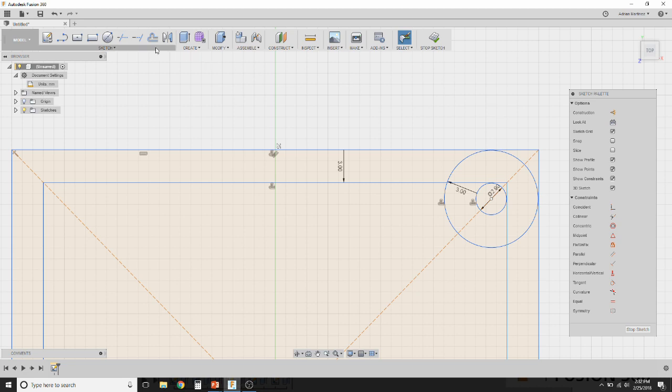So I really do recommend using the trim command right here, or the hotkey T on your keyboard, to trim some areas that you don't need. When the trim command is activated and you see the trim icon next to your cursor, anything you hover over will give you a preview of what's going to be trimmed or deleted. So I'm going to trim this line here, I'm going to trim this line,